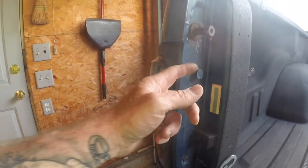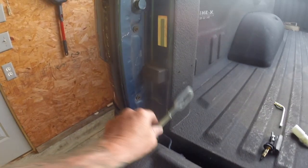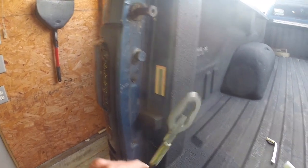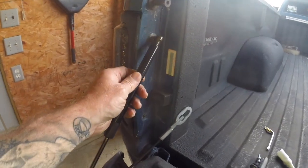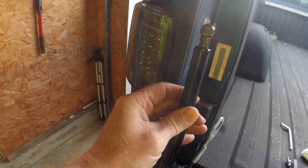So what I'm going to do now is go ahead and pull my tail light out and see if there's a nut behind that this piece here is going to go to, so that way you can still utilize your cable on this side, and then your assist will hook right there, and then you got to drill a hole and put your nutsert down there